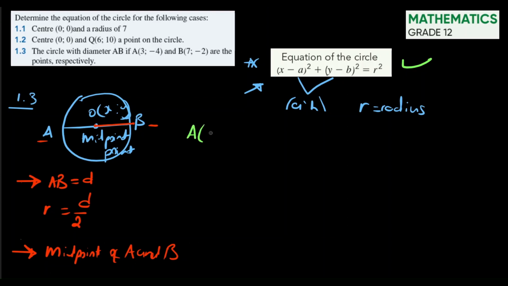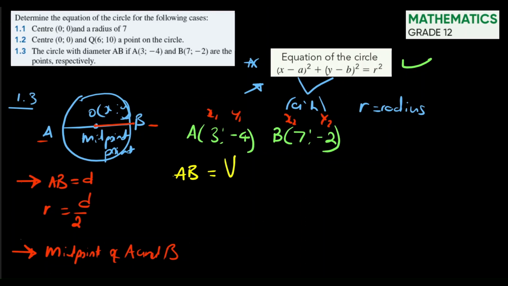So we have coordinates of A, which is (3, -4). Coordinates of B, which is (7, -2). And as always, I label my points so as to not be complacent and lose unnecessary marks by inaccurately substituting values. So we need to find the distance of AB. And the distance of AB, as we've seen, is the square root of x2, which is 7, minus x1, which is 3, plus y2, which is -2, minus y1, which is -4,